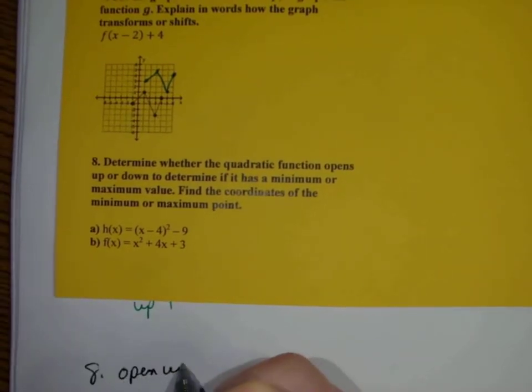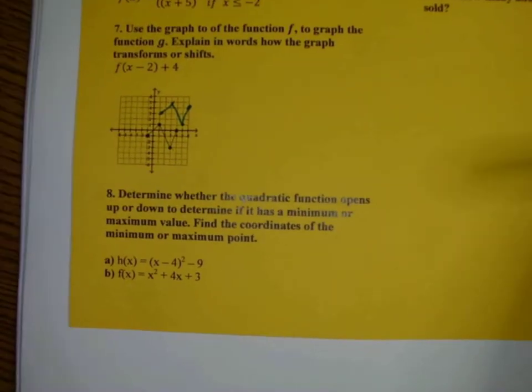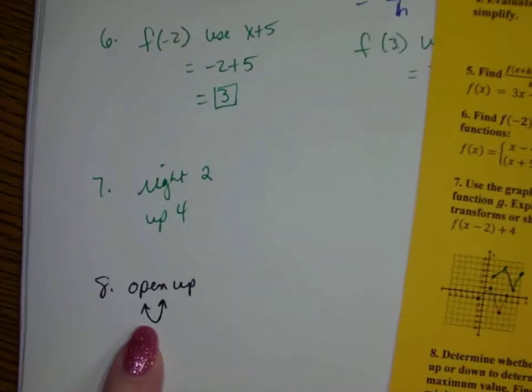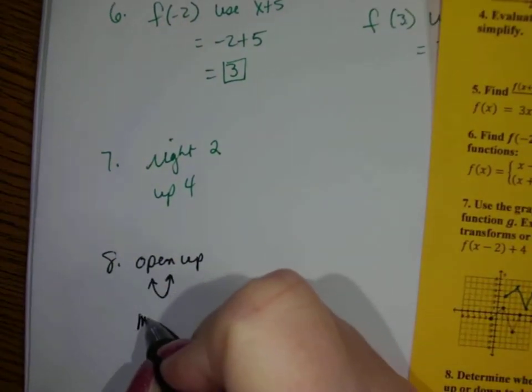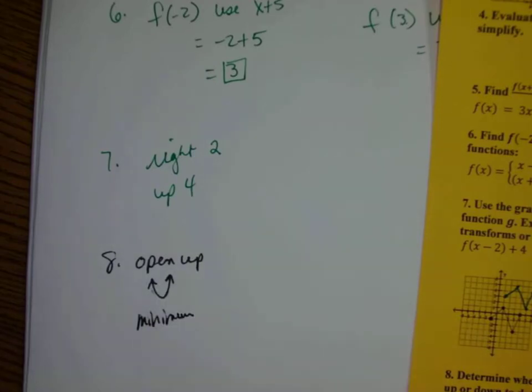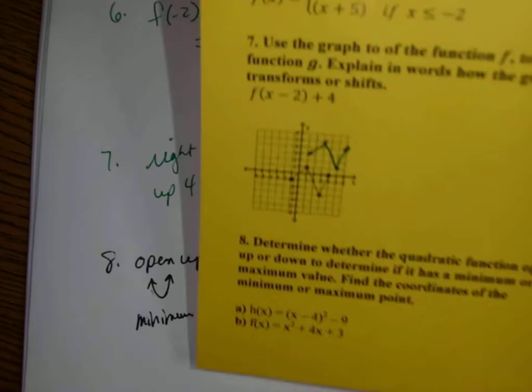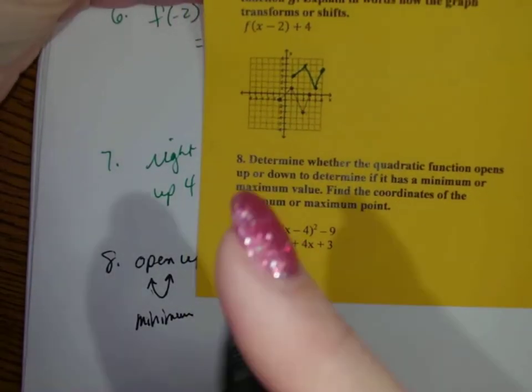And if it opens up, which means it looks like this. Oops, you can't see what I'm doing. Hang on. If it opens up like this, that means that bottom part is going to be a minimum, because it's the minimum value. It's the lowest value. And on our equation, we have, with this format on part A, so we're looking at